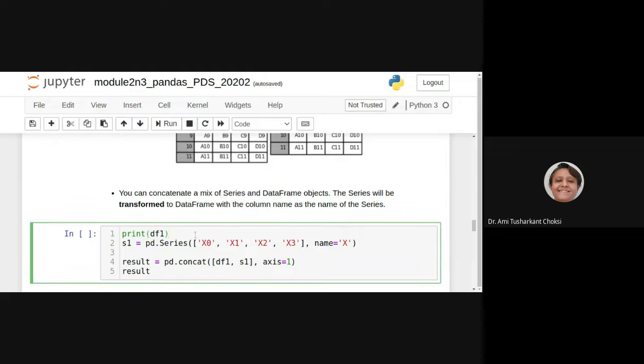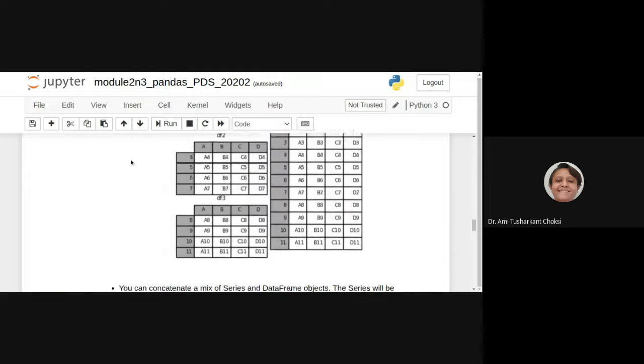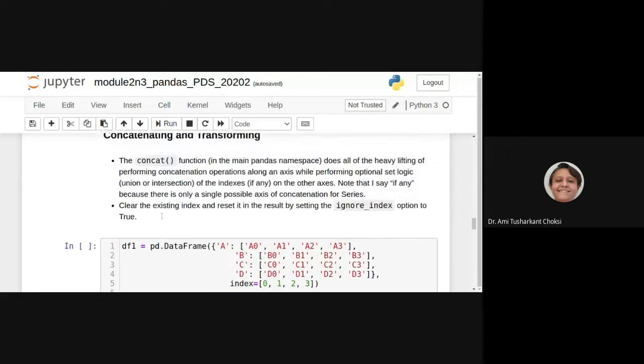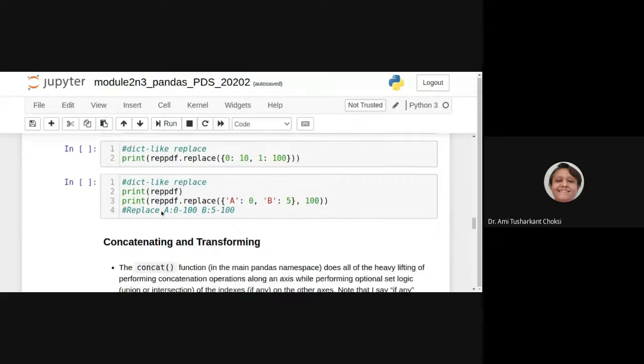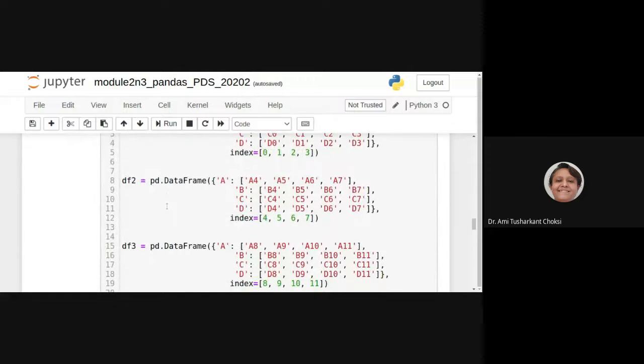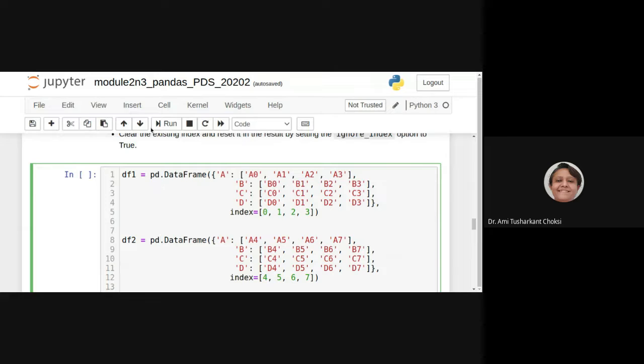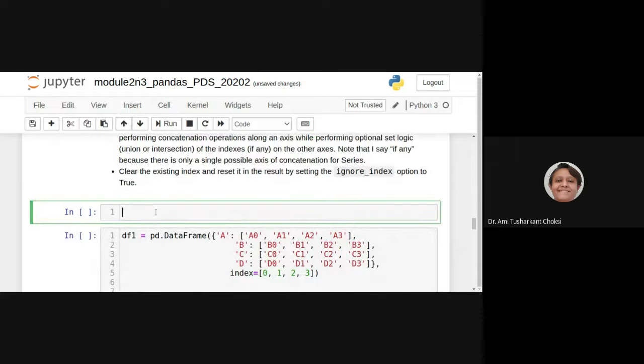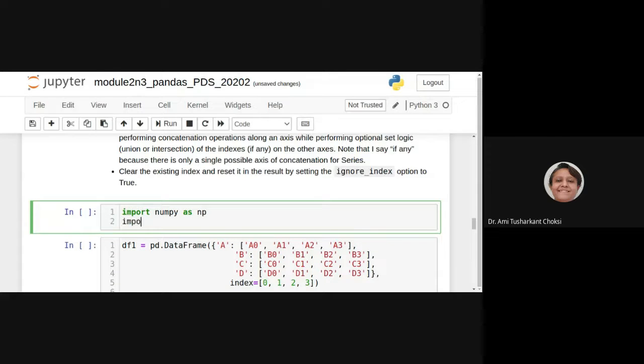For df1, we must have that in existence, so we first have to run the data frames. For that, we should have the pandas and numpy libraries imported here, isn't it? Import numpy as np, import pandas as pd.